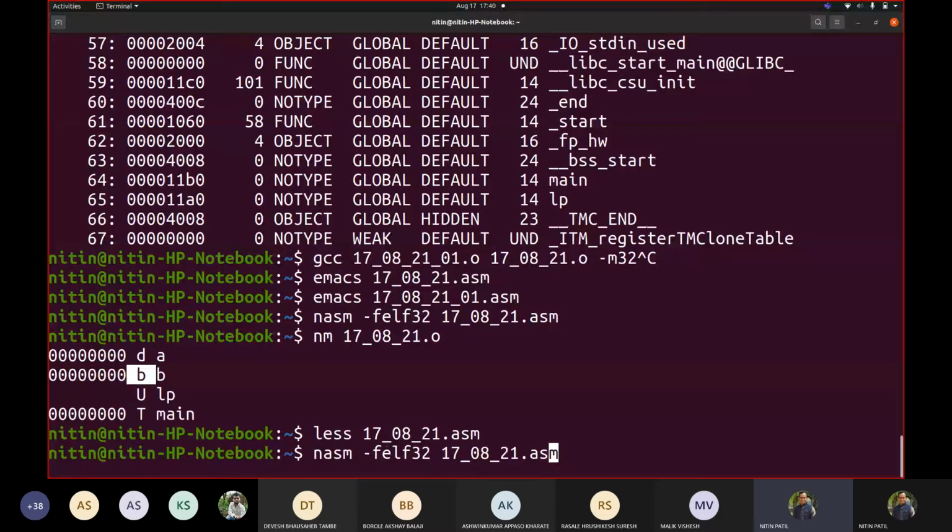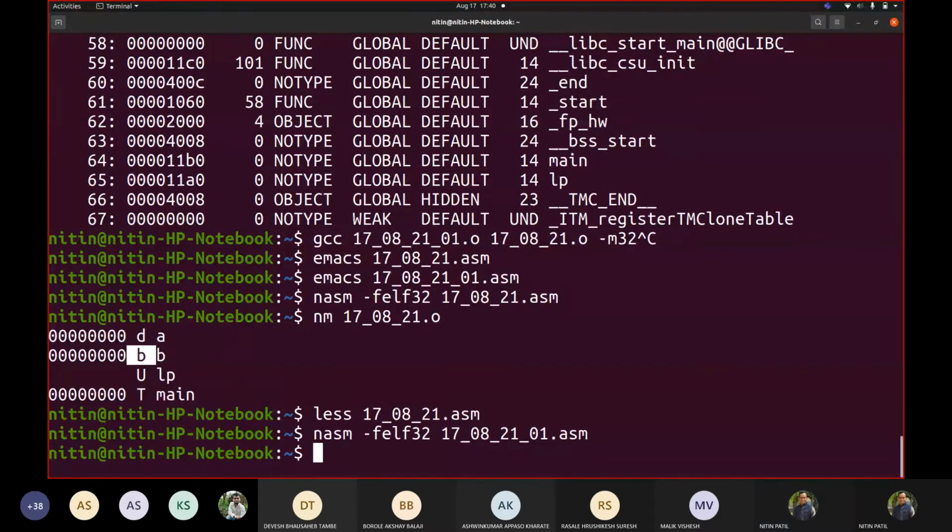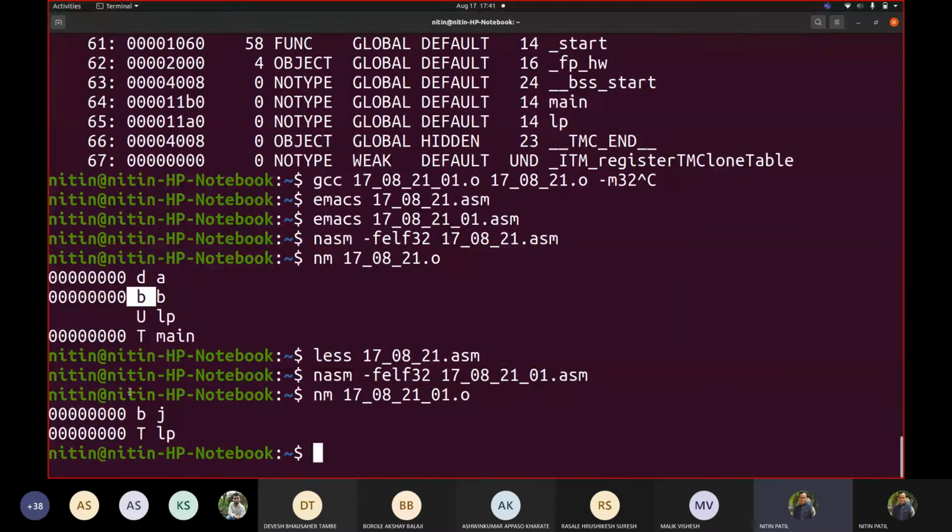Similarly, if I assemble the other code and run nm on it, you can see that it is showing this J. Now see the addresses, 0, 0. Here also 0, 0. Now if I combine both the files together, so even if you use readelf -s